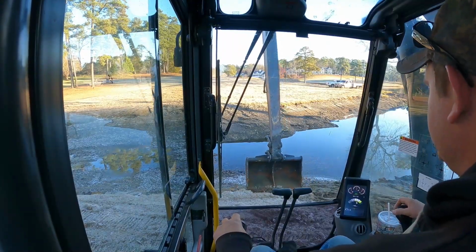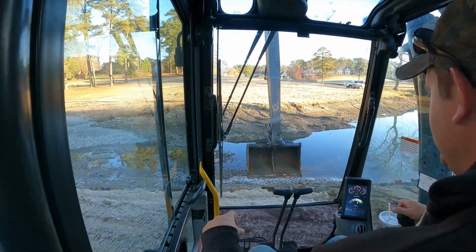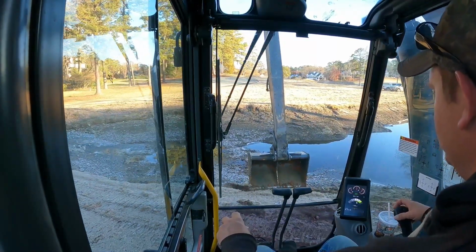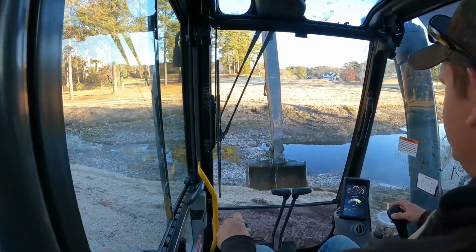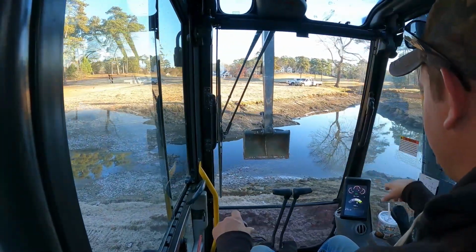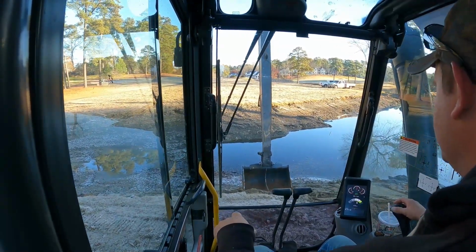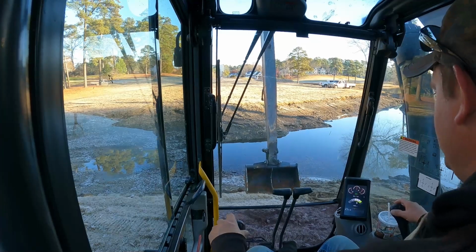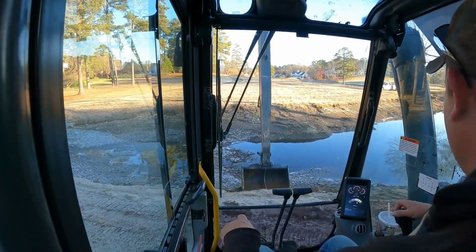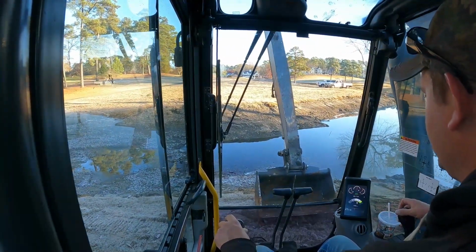So while John finishes the pit, I'm taking the long reach over here on this far side and knocking down the stone wall that is around the pond. They want to get rid of it and make it a kind of a grass edge like that. There was a lot of areas of it where the wall was collapsing, and from a maintenance standpoint, it's easier just to knock it down, and I'm pushing the rock down into the slope,